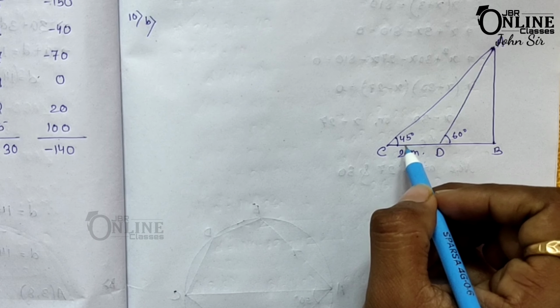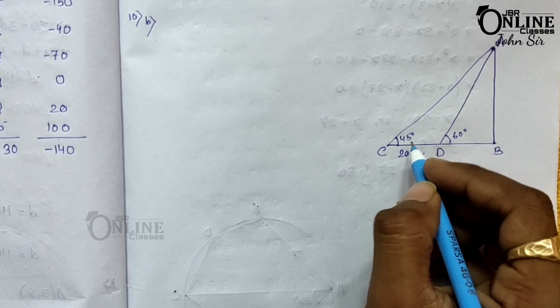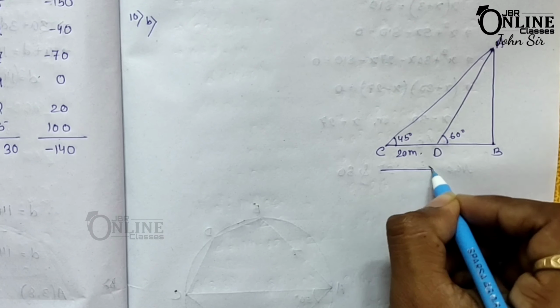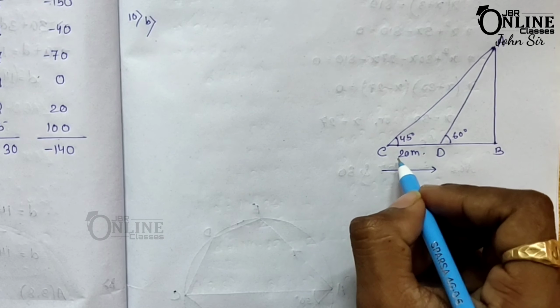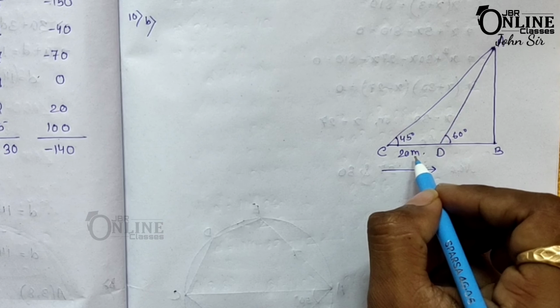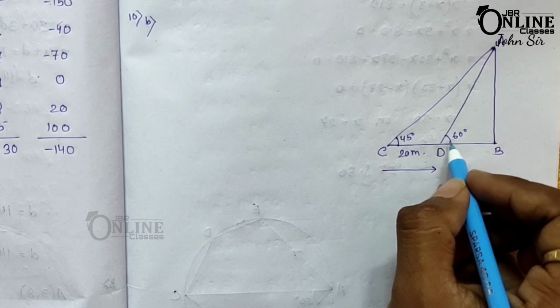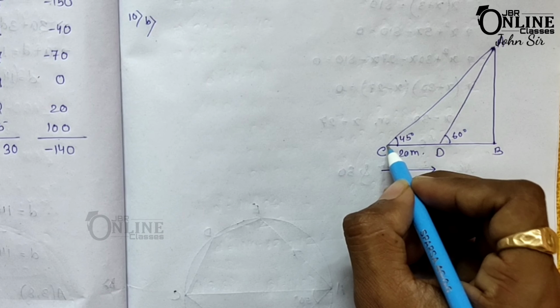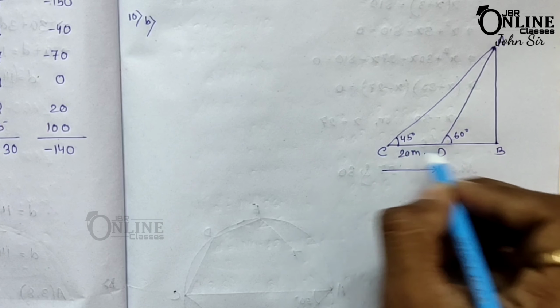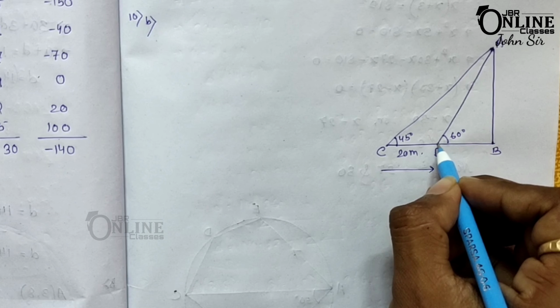Okay, now he walks toward its horizontal line through its base. So he walks towards the horizontal line through its base, and it's 20 meters. On overcoming 20, the angle of elevation changed to 60 degrees. Okay, suppose that is the first or initial position of the man, and after 20 meters of walking,